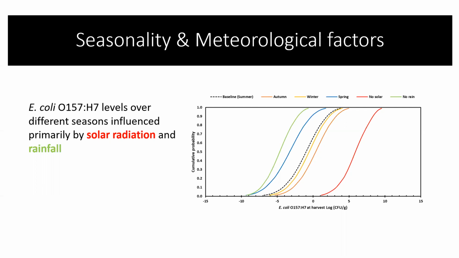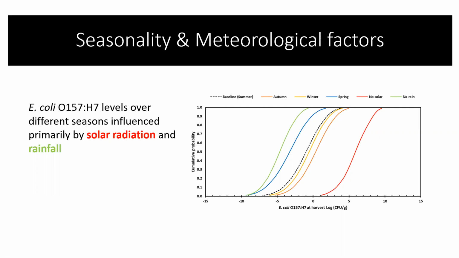And when we look at the effect of season, the spring season, as shown in the blue line, yielded the lowest pathogenic E. coli levels, followed by the summer baseline, and winter and autumn, posing the highest risk. The variation in microbial load over different seasons might be influenced by a range of individual and interacting meteorological and